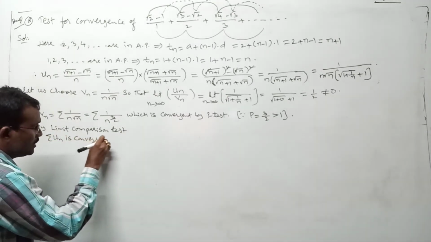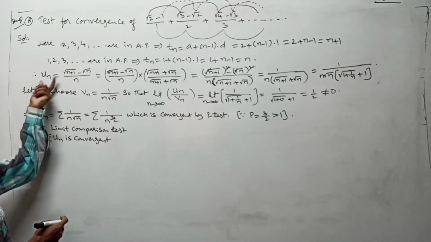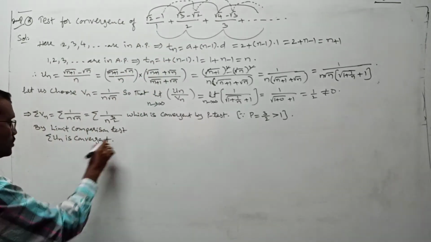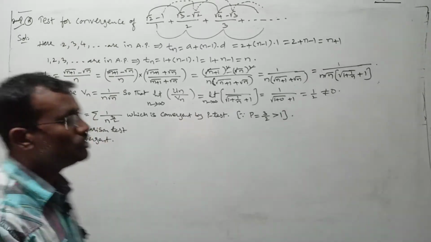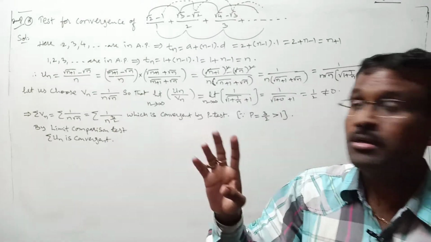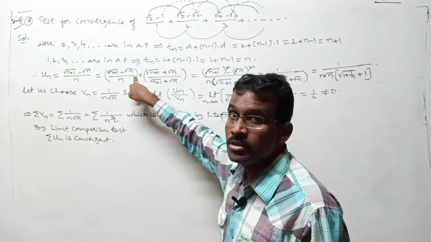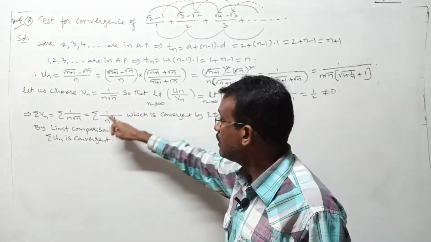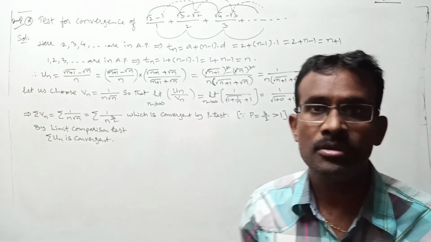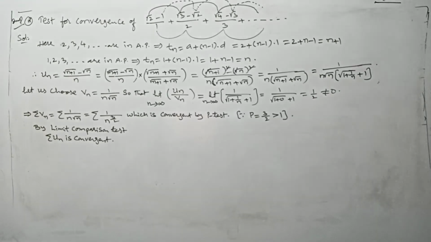Here no need to write this again. In the previous question I wrote again that this is convergent, but no need to write it. Sigma un means sigma of this, same as this one. Now we say the given series is a convergent series. This is your new question. This is a little bit important question, a variety question also. In this we got 4 conditions. One is nth term formation. The other one is the numerator rationalizing part. And here also a little bit of a new method. The new condition means the p test you have to use internally. All the 3 conditions we got here. That's why it is a very important question.